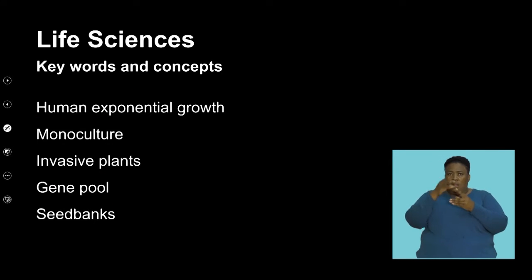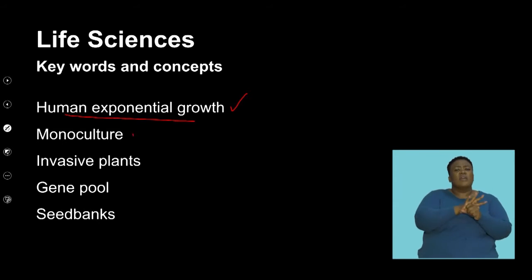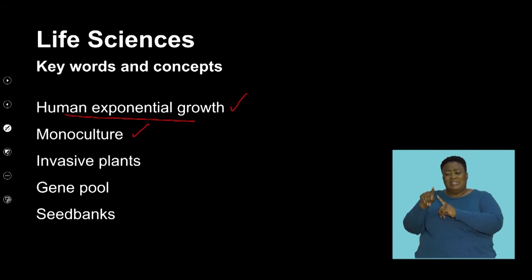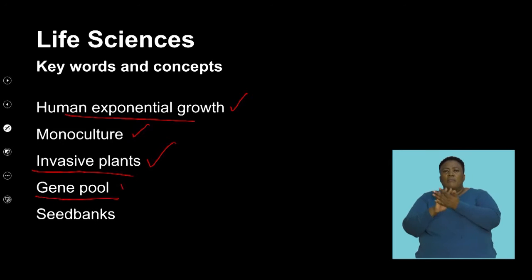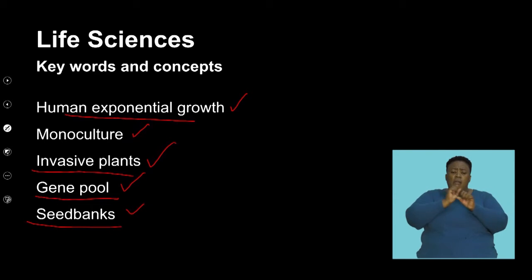We also need to look at human exponential population growth as a factor that influences the availability of food. We're going to look at the concept of monoculture as a farming method that affects food security. We also need to discuss the context of what invasive plants are and how they impact on the local indigenous food crops. We're going to spend some time looking at gene pool as a point of evaluating what the impact of genetic modified crop have, and as a point of discussion what seed banks are and how they secure plants